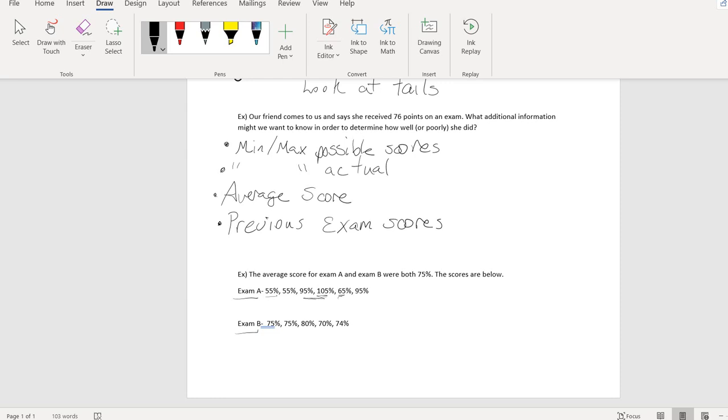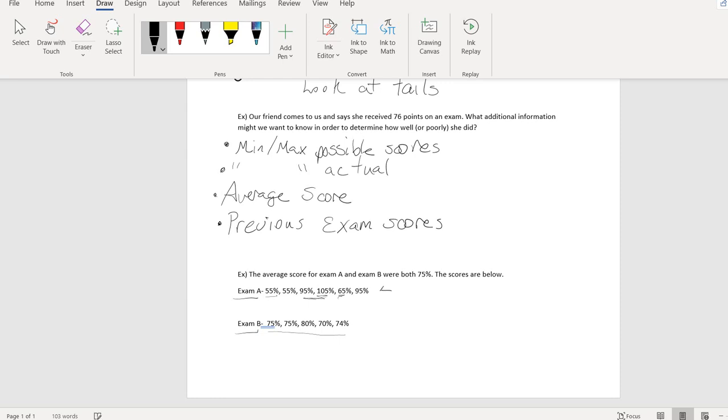However, on exam B, we can see that most of the scores hovered around 70 to 80%. So we had a couple 75, 74s. How we would describe the difference between these, and in later sections we'll actually get a numerical method, is we say that